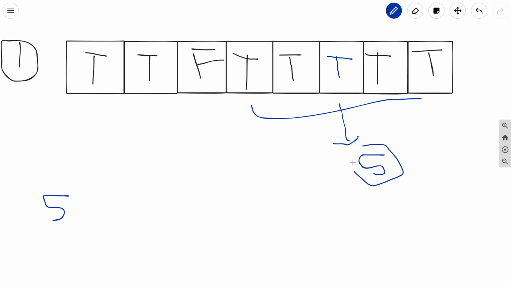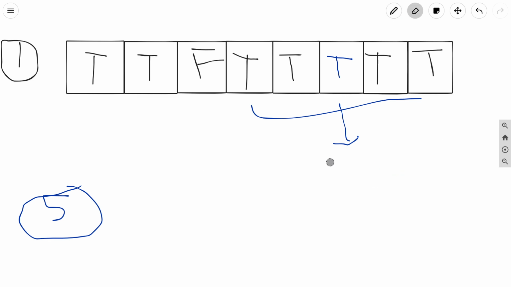The answer corresponding to both cases is 5. So basically in this way we have to maximize our number of t or number of f which are consecutive with each other. So how can this question be solved?